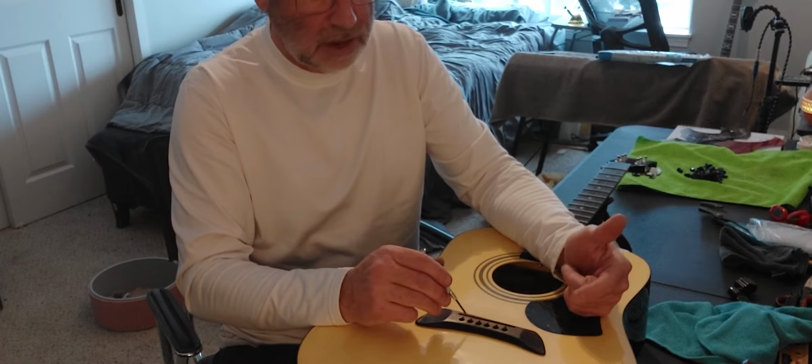So here's my little fun box. In the fun box, what do we got? Okay, so we got some pins. These are Cocobolo. Then I have some rosewood. I actually have some ebony. So, just taking a peek at this guitar. It's got the black, it's got,